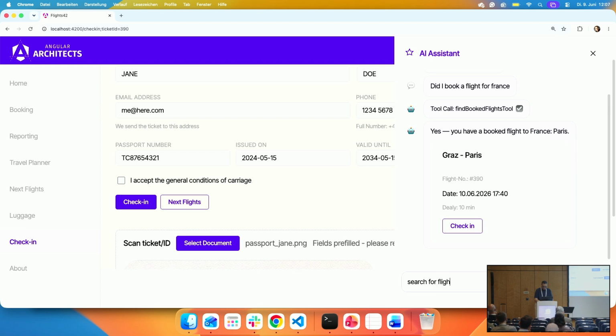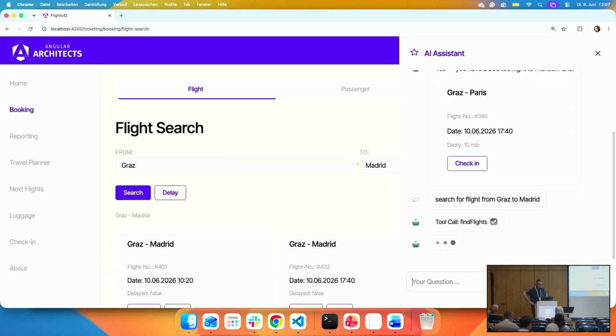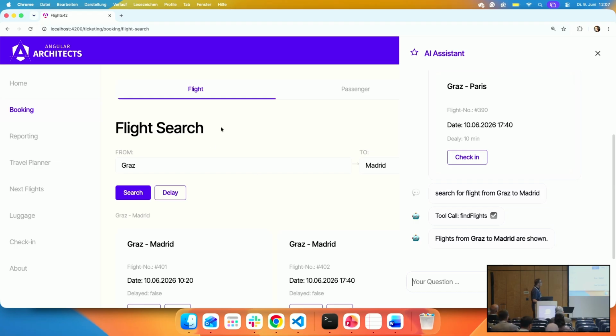Search for flights from the metropolis of Graz. Perhaps you know this huge city in the southeast of Austria, to Madrid. And here you see, we changed the route. This form was pre-filled, and even the search button was clicked. So one more time, the result is not the chat itself.